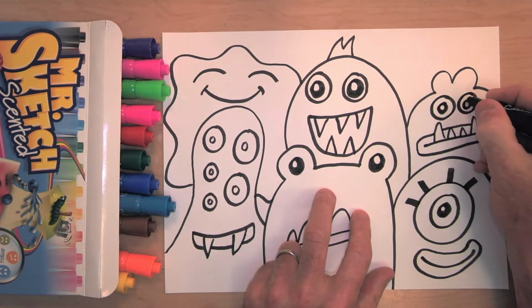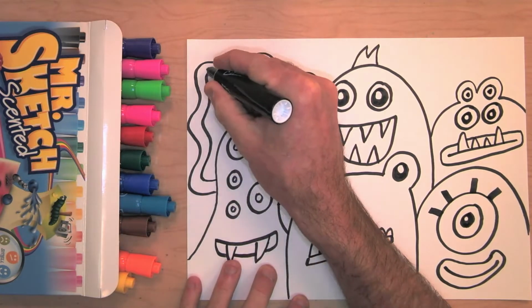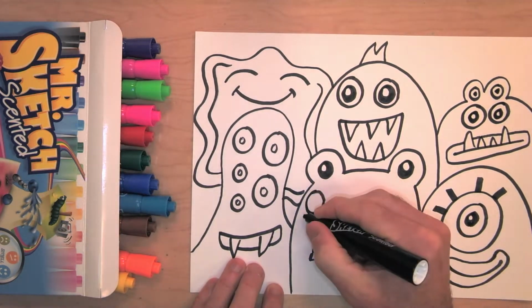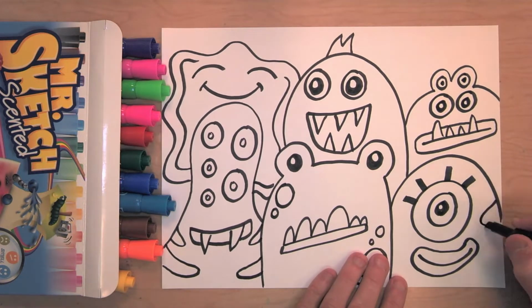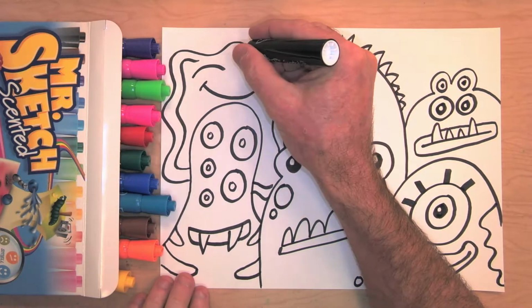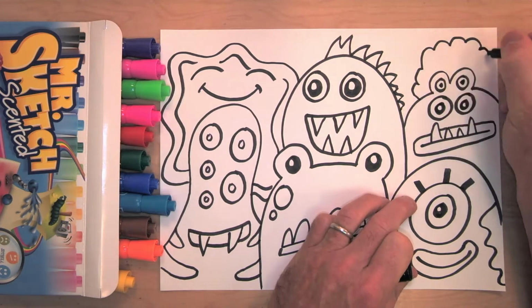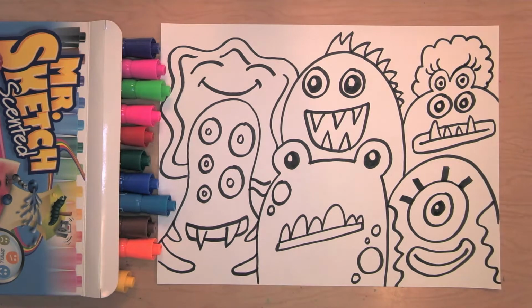After you've decided what kind of monsters you want to have and what type of other details you want to add, like polka dots or stripes or any other types of details that you need with marker. After you finish all of those things, it'll be time to put the caps on tightly and then get out some crayons. And what you're going to want to do with those crayons is add as many color mixing areas